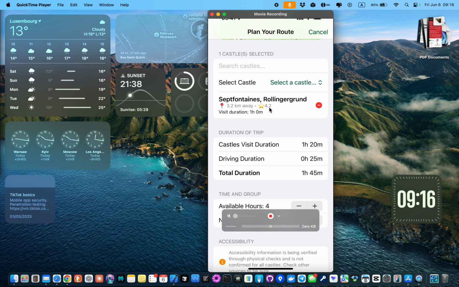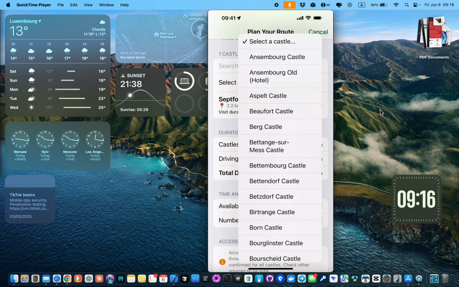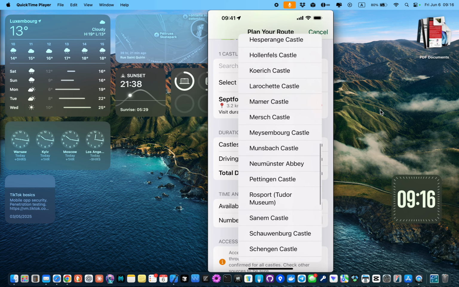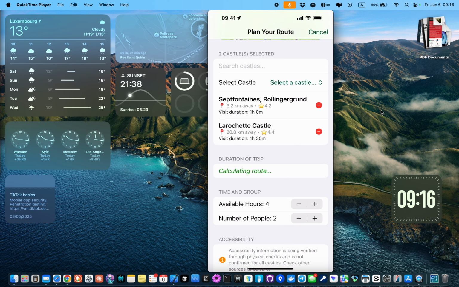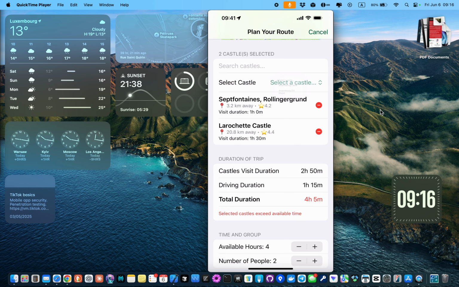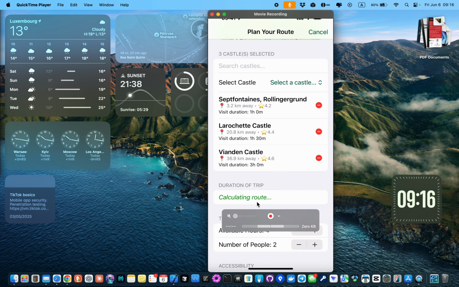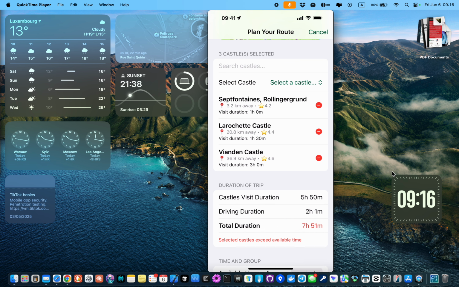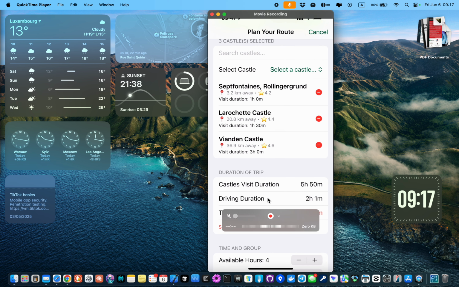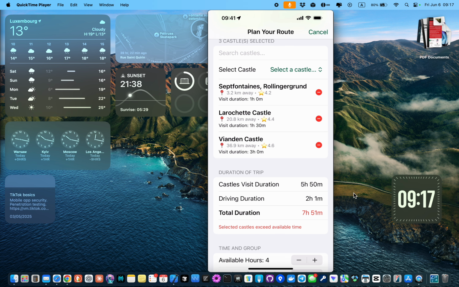it's already here. But for example, I want to visit also Vianden in that day, which is quite far from here, La Rochette, and also Vianden. Let's select it. Yeah, and you can see it calculates your route every time you select a new castle, and it includes the driving duration, back and forth, both ways, and also the castle visit duration that we have for every castle already set. And as you see, we have this red